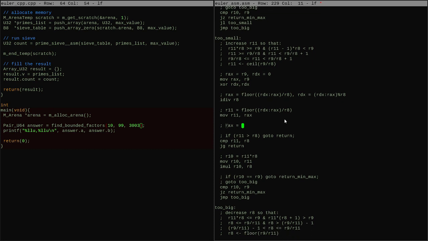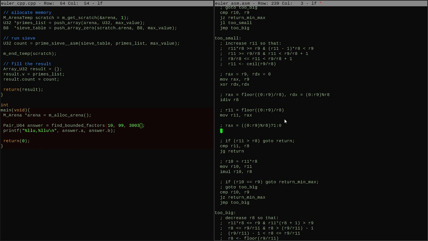Now RAX is going to equal RD, R9 modulo R8, is going to be a 1 if